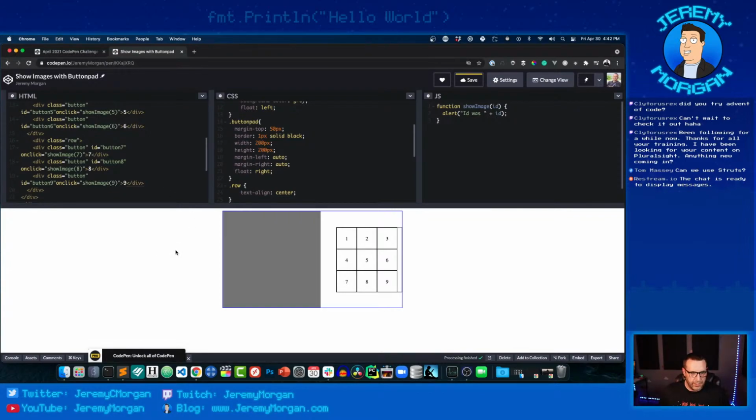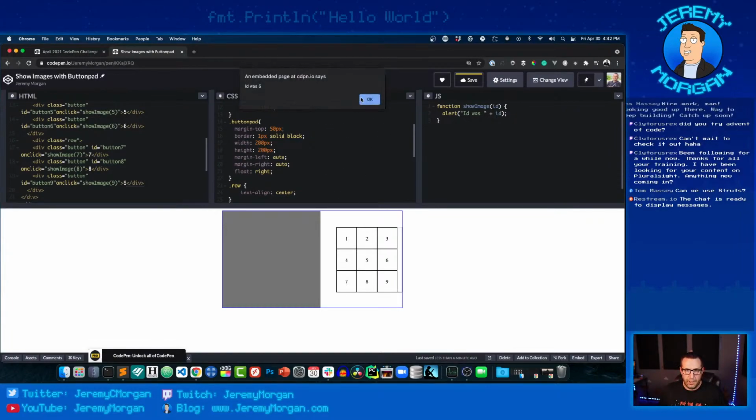Okay, so now our little keypad should be sending an ID with everyone. ID was 1, ID was 9, ID was 5. Perfect. So let us start with colors. So if ID is 1,